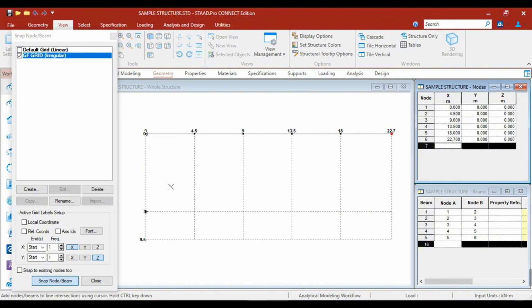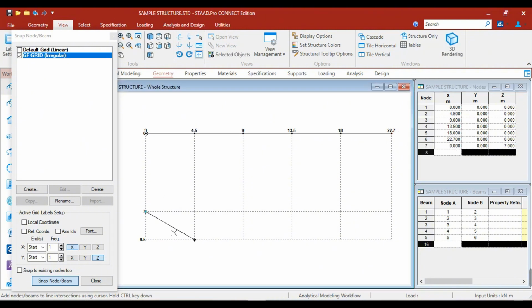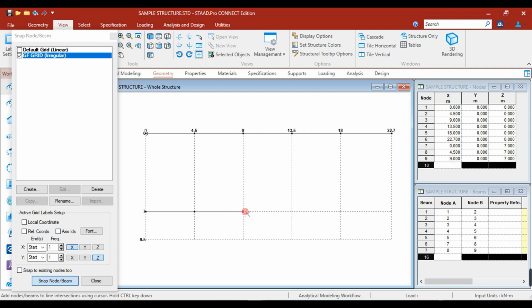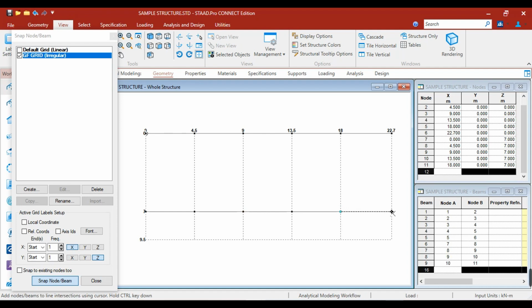I'm still holding control now. So click at 7. Now release the control button. Then you can now create again along grid line B to the positive X. So hold control, start again at the leftmost, click, then you can now create beams again.